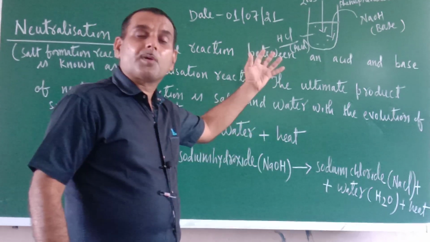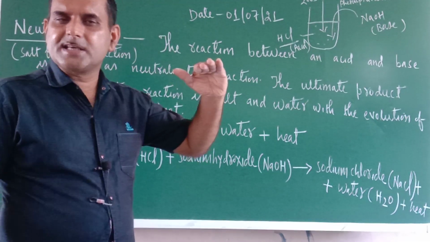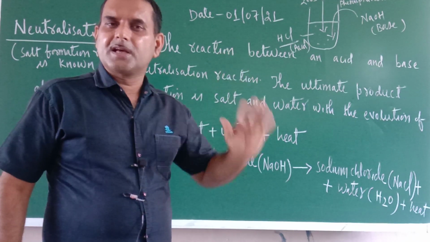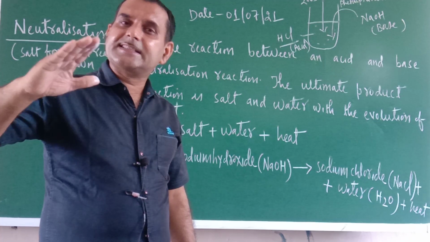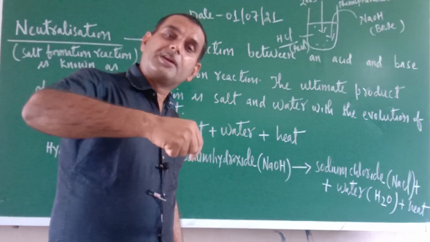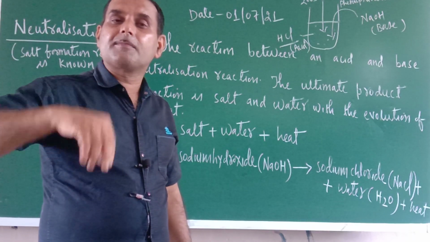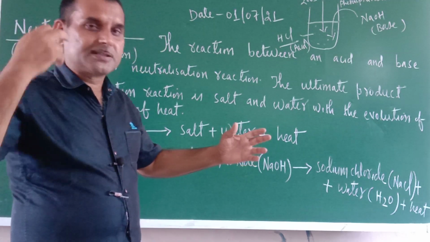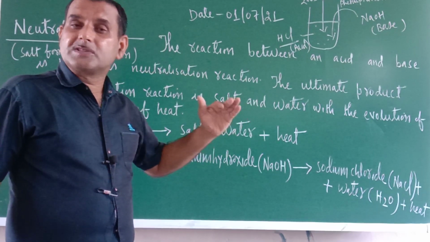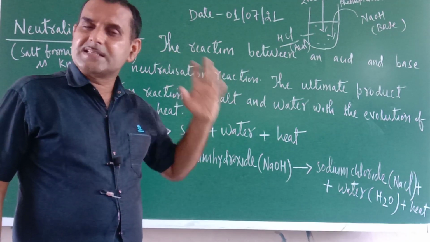So this process is called neutralization. Until the amount of HCl is more, pink color will not be there. But the moment NaOH exceeds the hydrochloric acid, pink color will appear. Again when you add 1 drop and HCl exceeds, then again the pink color will disappear. So the conclusion of this activity is, one, phenolphthalein produces pink color only in basic medium. In acidic medium it remains colorless only.